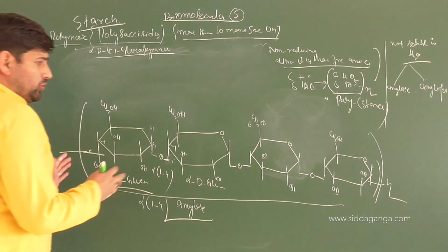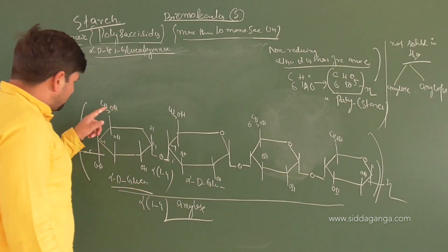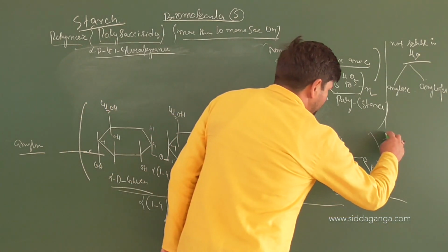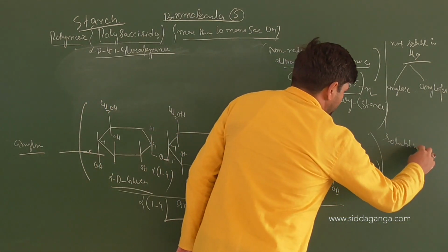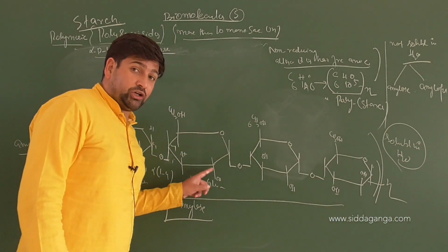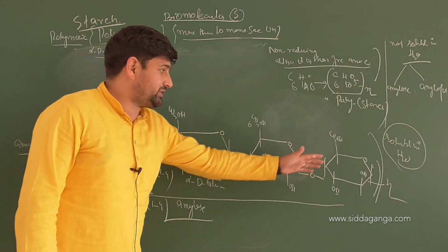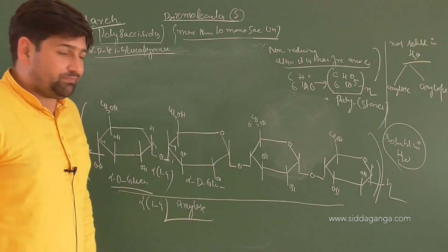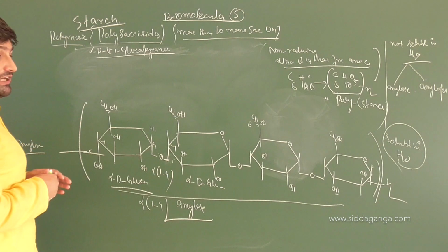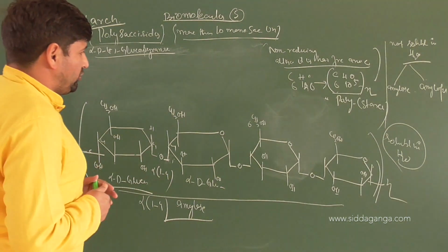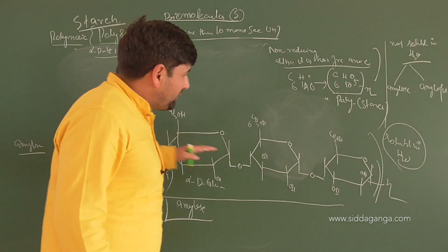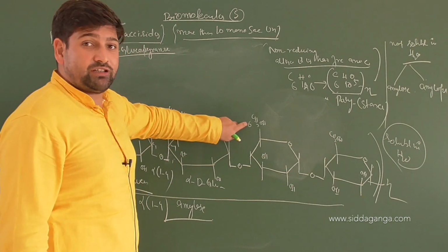Now when you look at the amylose part, it has the OH exposed out, right? When you dissolve it in water, this amylose part is soluble in water. But remember, only about 10 to 20% of the whole molecule is in the amylose linear chain structure itself. Then one more part of the starch is amylopectin. And what exactly is amylopectin? Amylopectin is the branch which originates from the amylose chain from the 6th position.